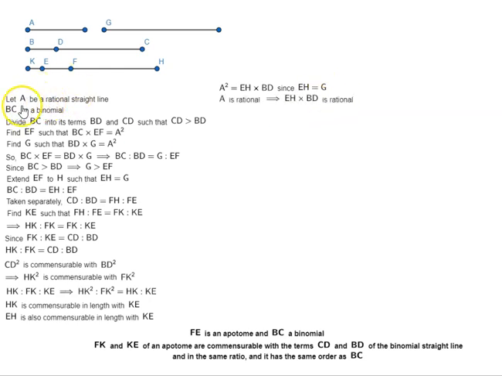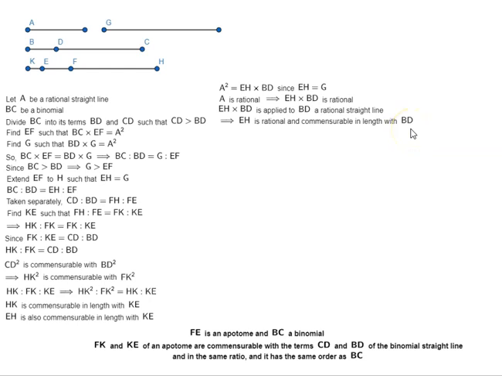And A is rational. That means the square on A is rational. That means EH by BD is also rational. Now, if the area is rational and it is contained by a rational line and another line, that other line will also be rational. So EH by BD is applied to BD, a rational straight line, which implies EH is rational and commensurable in